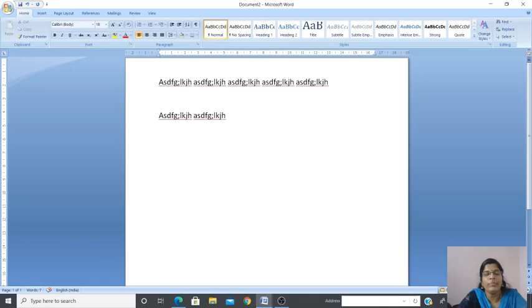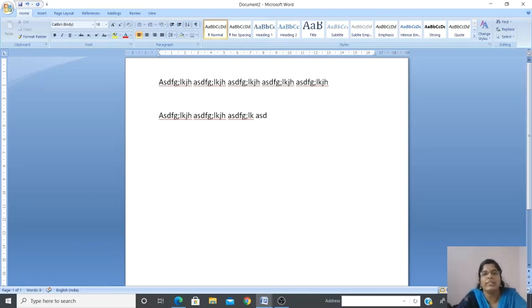When you type, tell it in your mind, with no need to say it loudly: A, S, D, F, G, semicolon, L, K, J, H. If you keep repeating and typing it, the muscle memory in your fingers will automatically recollect what you are typing. The next time there is no need to recollect which letter is where, and no need to look at the keyboard. You have to practice until you get high speed.